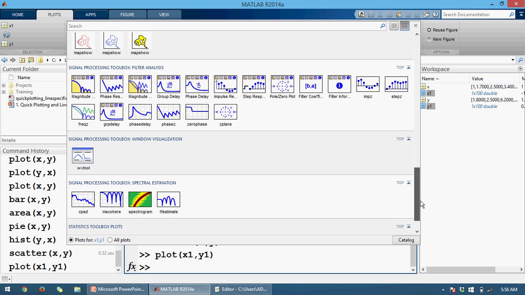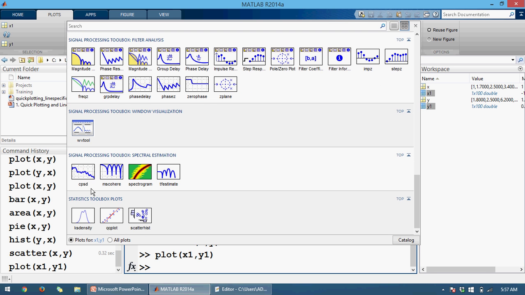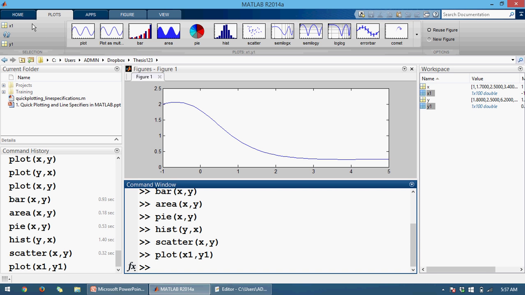You also have frequency analysis toolboxes, and also the signal processing toolbox and statistics. Like that, there are a number of shortcuts available to plot in the MATLAB window by using the tool strip. This is called the MATLAB plots tool strip. Like this, we can plot our data or equations in MATLAB with three methods: by using the simple command plot,